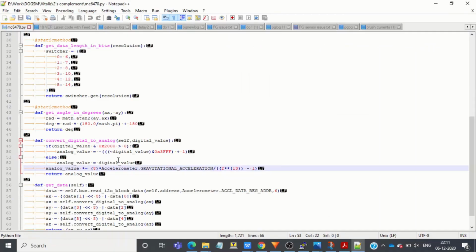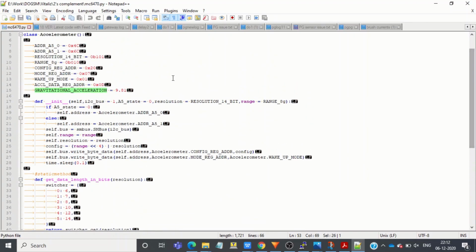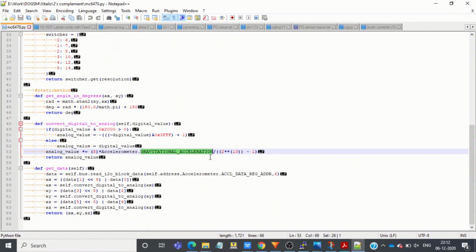Now the signed decimal value is multiplied by 8 into G, nothing but the gravitational acceleration, which is equal to 9.81 meters per second squared as defined here. And then the result is divided by the maximum value that can be stored in 14-bit 2's complement data, which is nothing but 2 power 13 minus 1. Now this should result in acceleration data in meters per second squared.